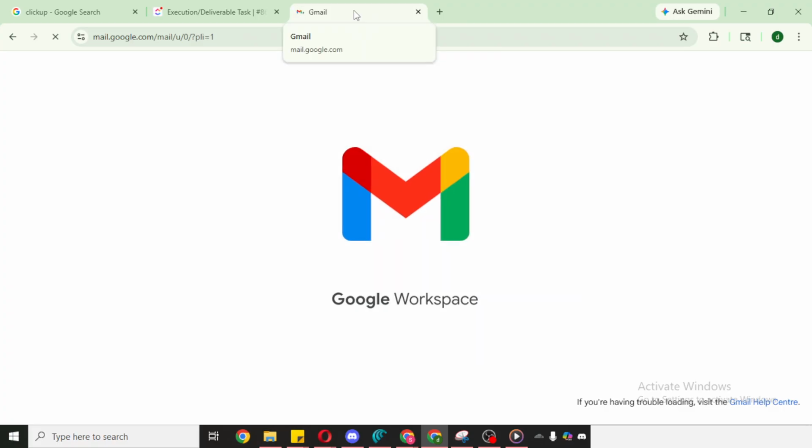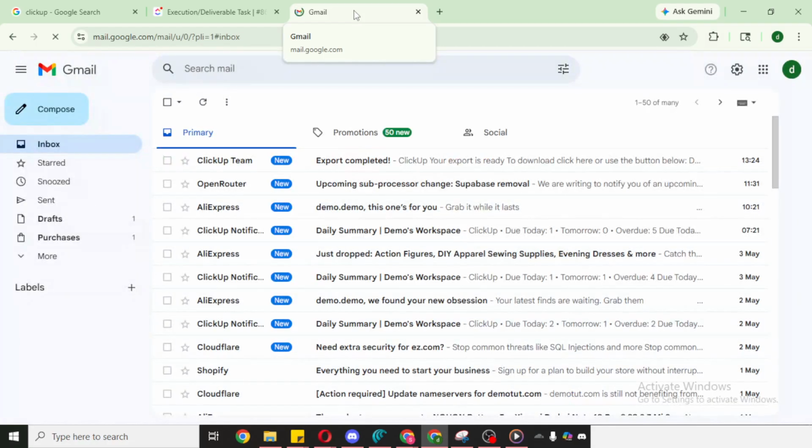Depending on your email app, this may appear as Send. Either way, you're confirming the message so it can be delivered into the task. Give it a moment and your email contents will be attached to that exact task, keeping everything organized and traceable. That's all there is to it.